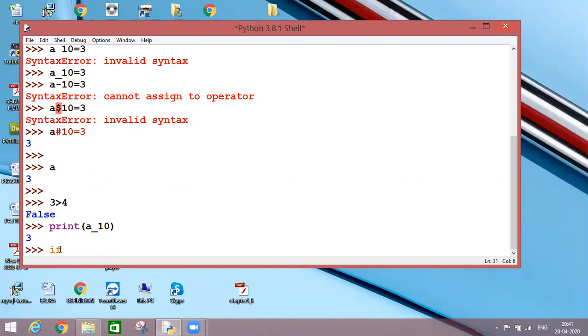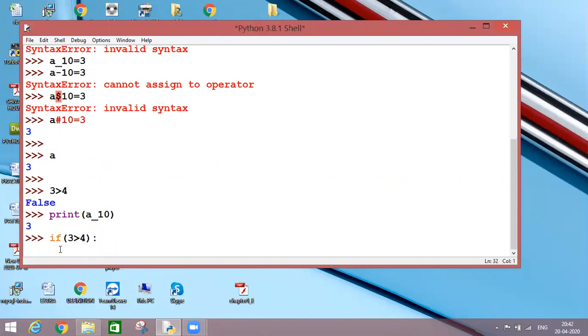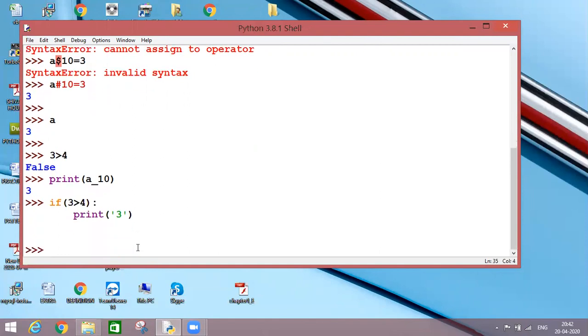Let's say I write if 3 > 4, then print 3. See, because my condition is false, it is not printing anything.